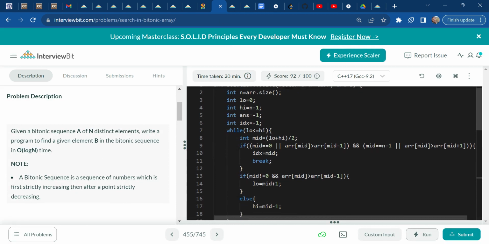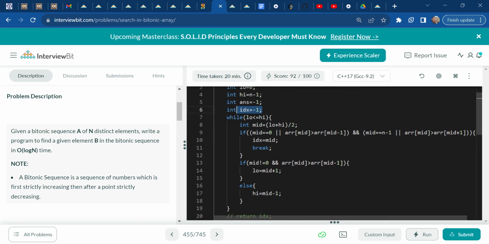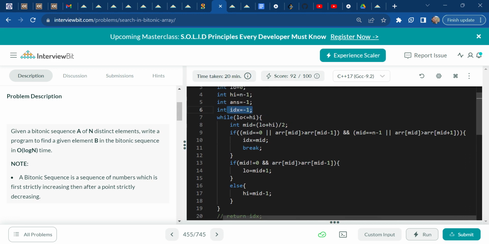Yeah, so initially I initialize low equals to 0, high equals to n minus 1, and index equals to minus 1. While low is less than or equal to high, mid equals to low plus high upon 2. See here, what I'm writing is that if mid equals to 0 or array mid is greater than array mid minus 1, and mid equals to n minus 1 or array mid is greater than array mid plus 1,